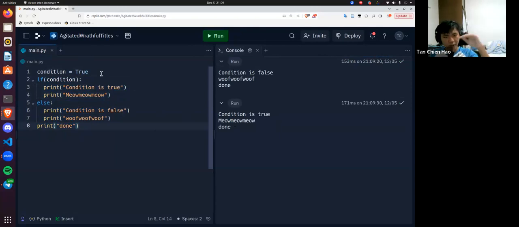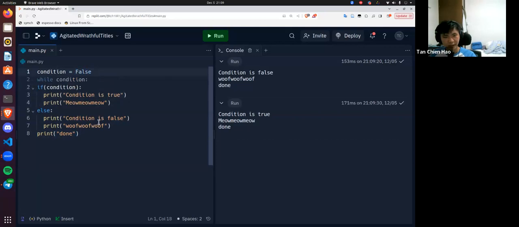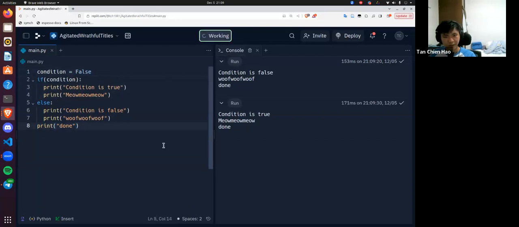Python will either go line 1, 3, 4, 8 if the condition is true, or if the condition is false, it'll go 1, 6, 7, 8, right? So, okay, question, out of curiosity, does this only work if the condition is a